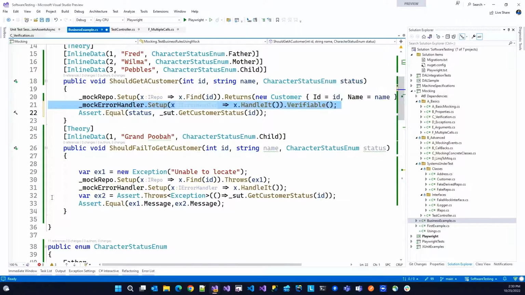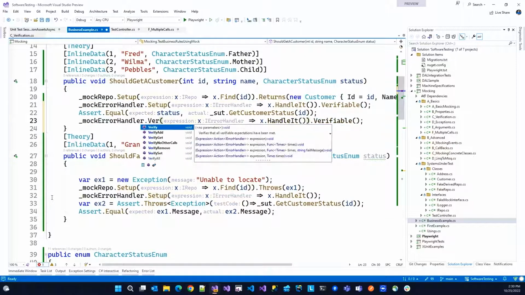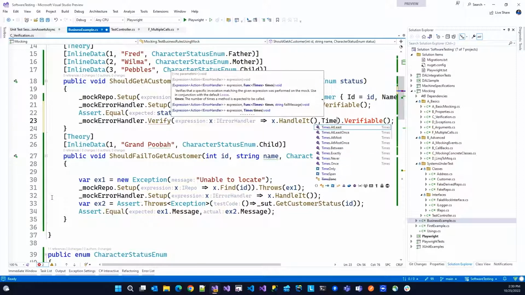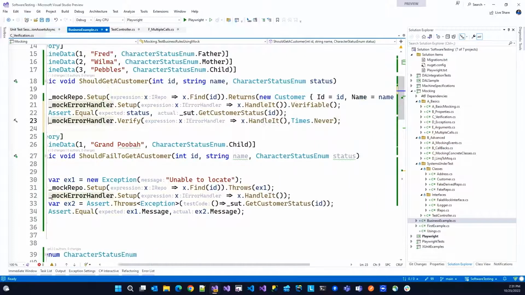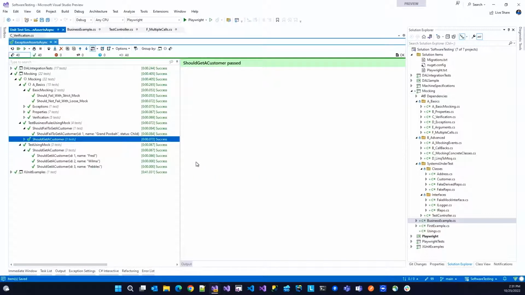So the way we would do that is we go down here and we say verify times never. And we run this code. We know for a fact it didn't get called because the error handler shouldn't get called because we don't have an error condition.